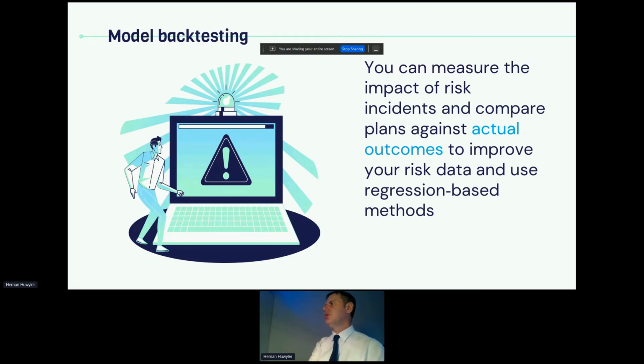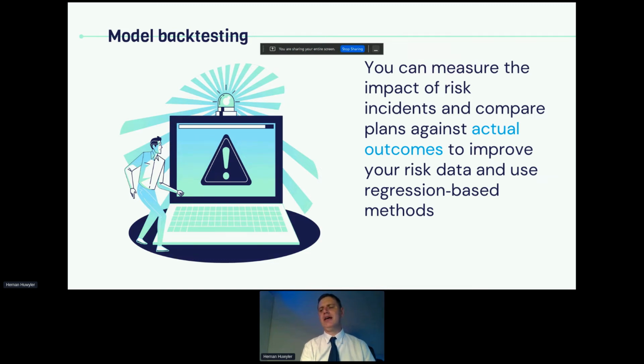Also very important, before we jump into the model in the last part of my session, I want to recommend that we do back testing at the end. Whatever model you are using to produce an analysis on cybersecurity, be sure that at the end of the day you are comparing the risks that had been foreseen against the losses that finally materialized.